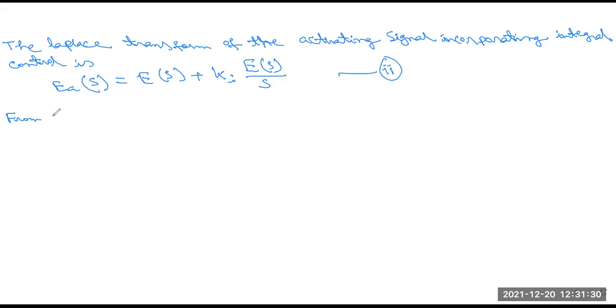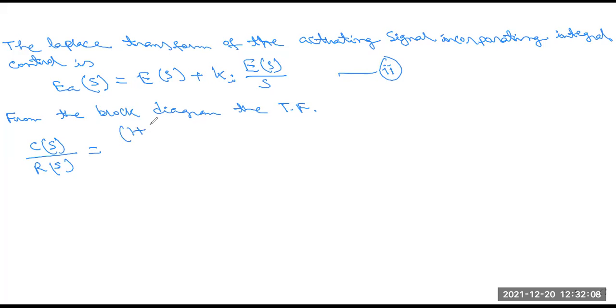Yes, sir. Now we have to calculate the transfer functions, that is the TF. So from the block diagram, the transfer function we have to calculate is, we know, the output of the system, that is C(s), to the input of the system, that is R(s). This is equal to, we have to write here,